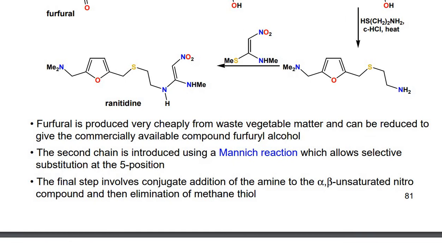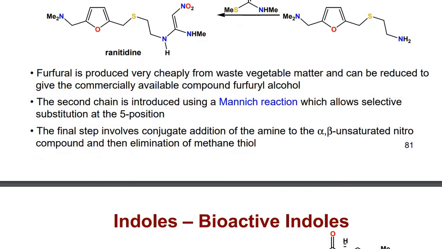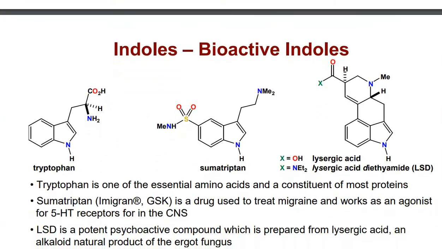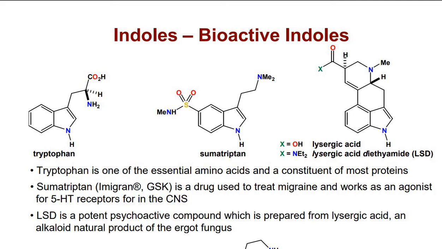Just see the furfural is produced very cheaply from waste vegetable matter and can be reduced to give the commercially available compound furfuryl alcohol. The second chain is introduced using the Mannich reaction, which allows selective substitution at position 5. The final step involves conjugate addition of the amine to the alpha-beta unsaturated acetonitrile compound and then elimination of methanethiol. You can see the tryptophan, you can see